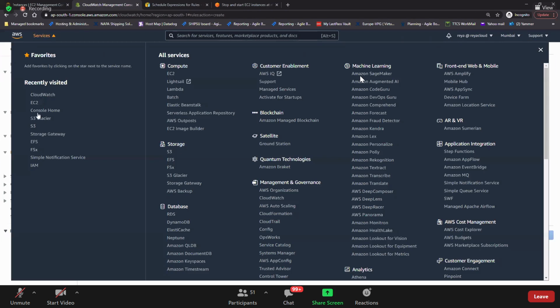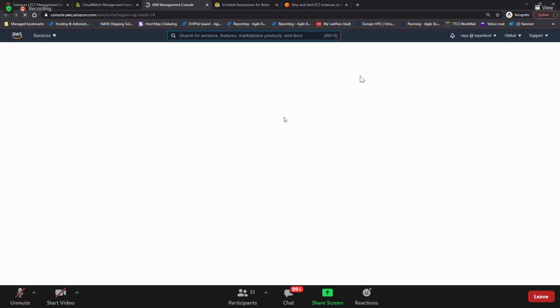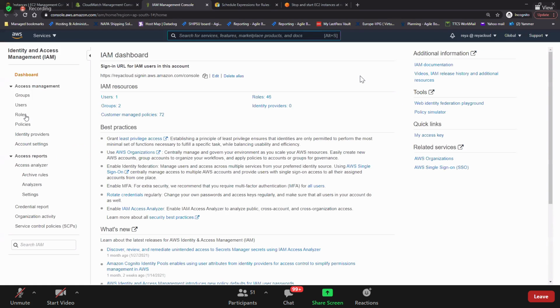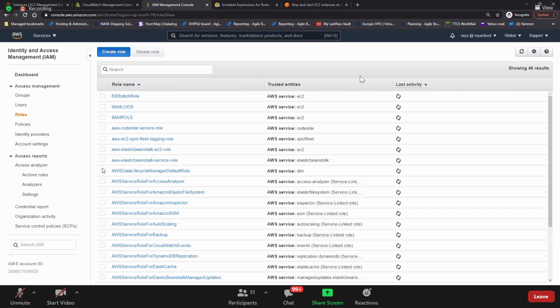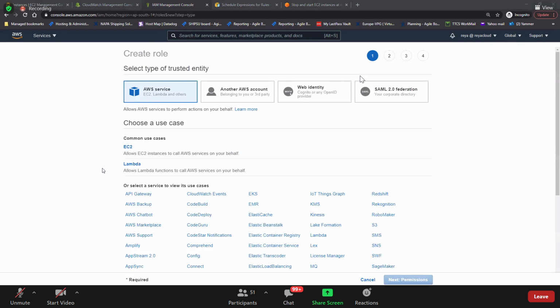So go to IAM. Here, roles, create role. The question here is for you: are you attaching the role to EC2 or to Lambda? Here you select Lambda. Select Lambda and click on next.